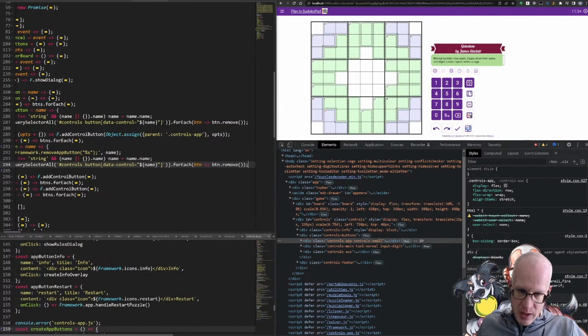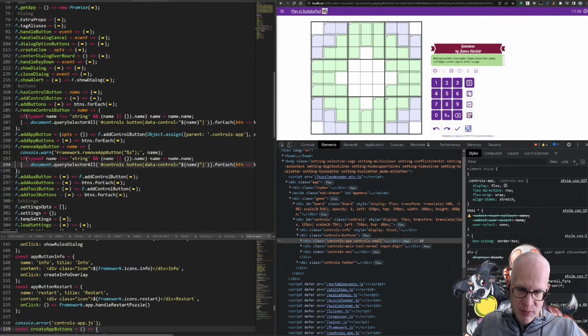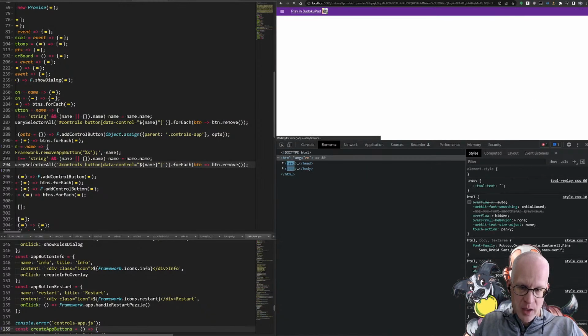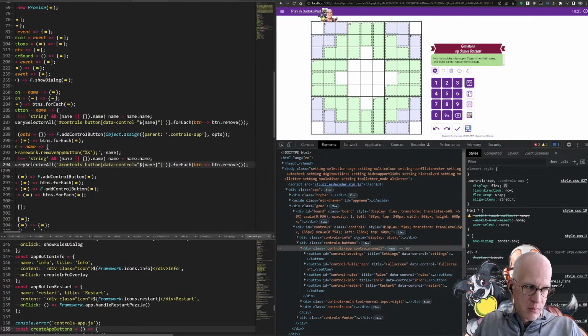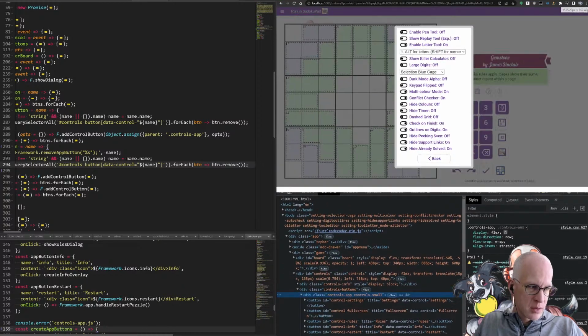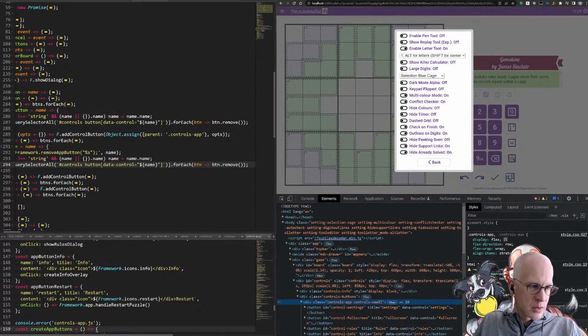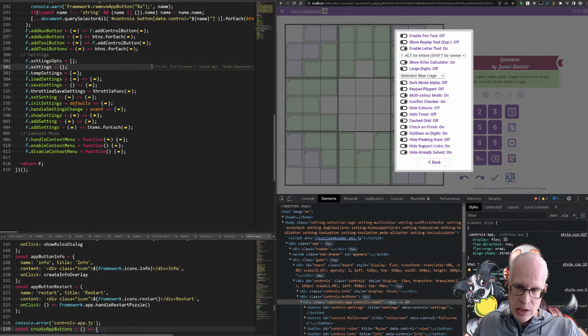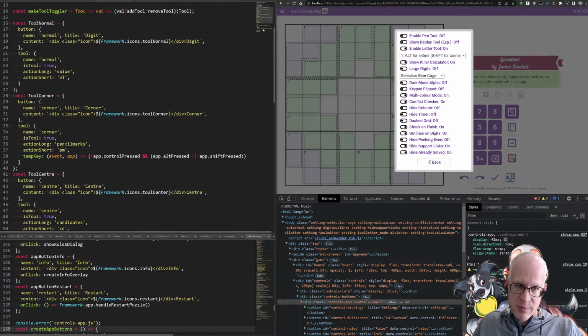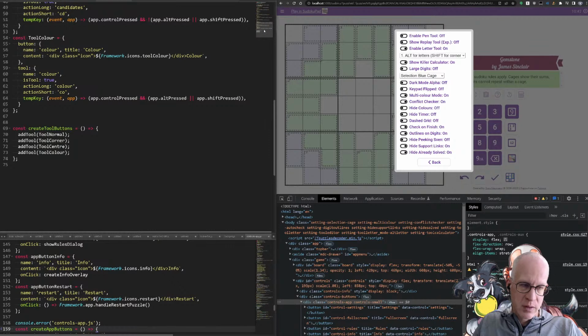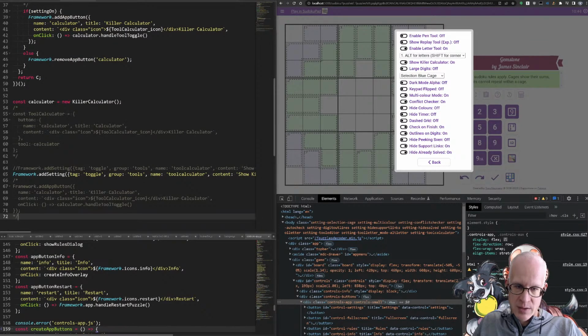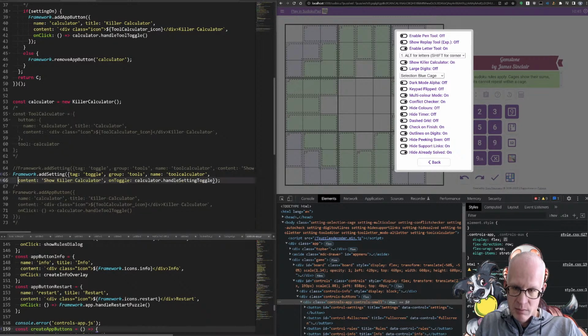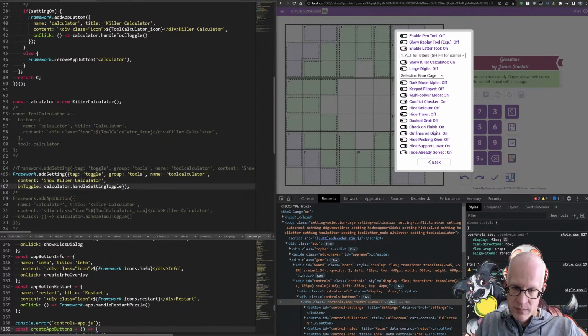Alright. I think that's probably all we need to do. So if we do... can we get a smaller... Yeah. So if I do calculator, boom, boom, boom, boom. Now, it would be nice if we have an icon in here. That's something we haven't done before either. But if we're going to go icon-based, might as well put the icon in the settings, right? So what if